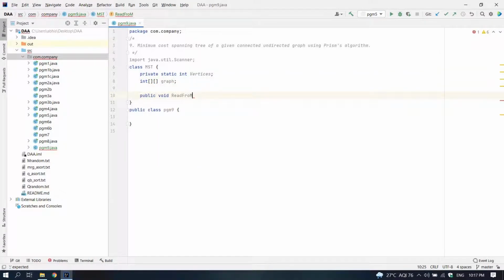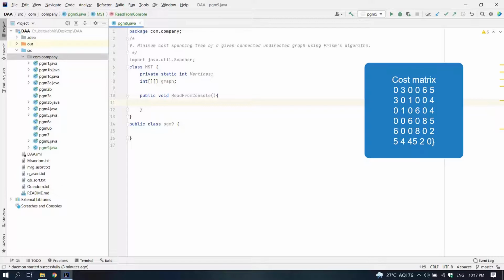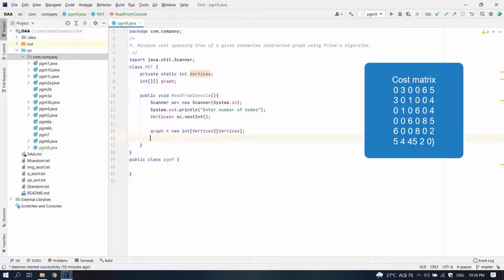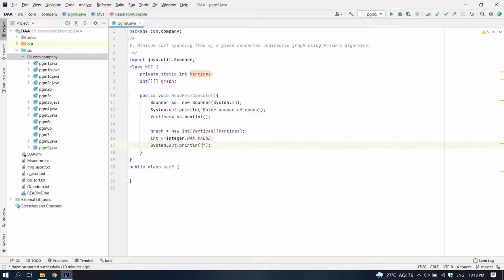So our first method is going to be the read from console method. In this method we are going to take the inputs, the number of vertices and the adjacency matrix in which our graph is going to be stored.